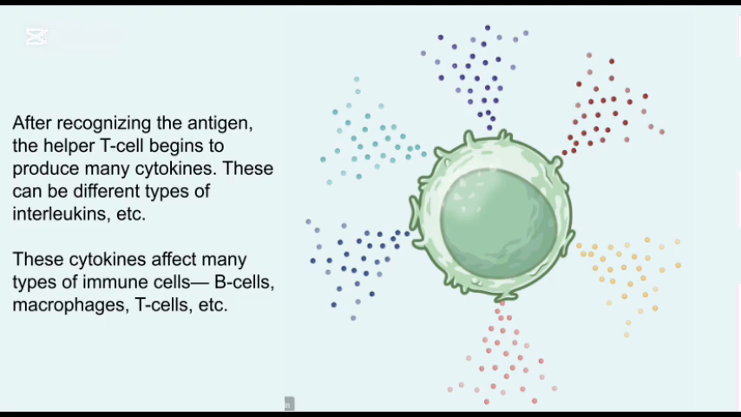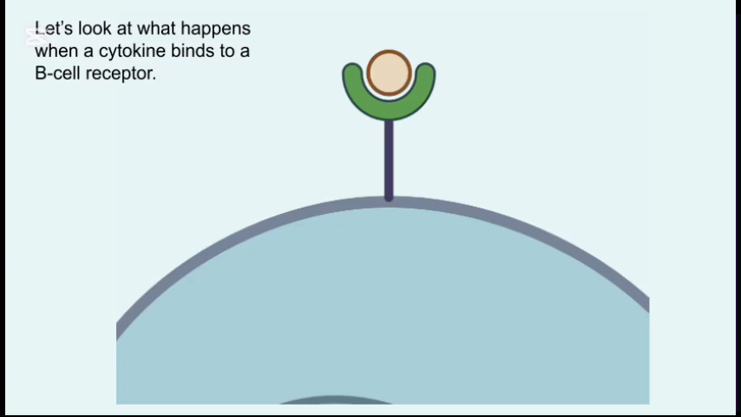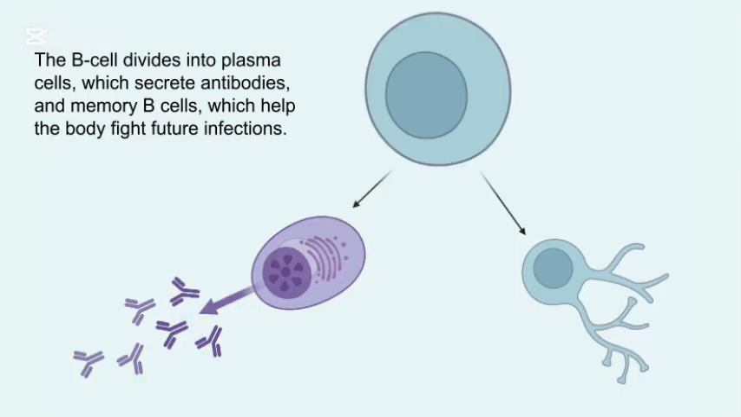Cytokines control the growth and activity of many types of immune cells, such as B cells, macrophages, T cells, etc. Let's look at what happens when a cytokine binds to a B cell receptor. Note that cytokines affect many types of cells, not just B cells. When the cytokine binds, the B cell undergoes many cellular changes. The B cell divides into plasma cells, which secrete antibodies, and memory B cells, which help the body fight future